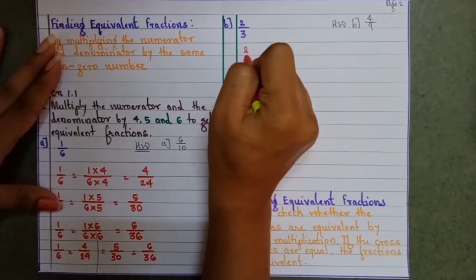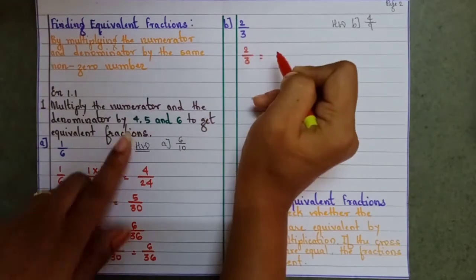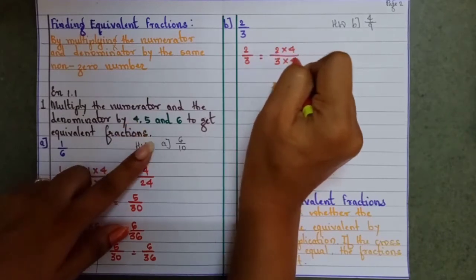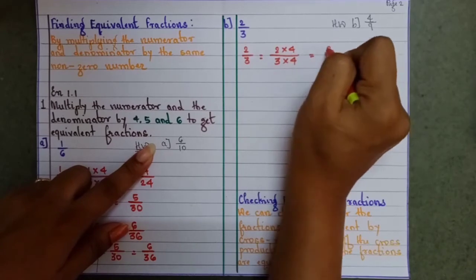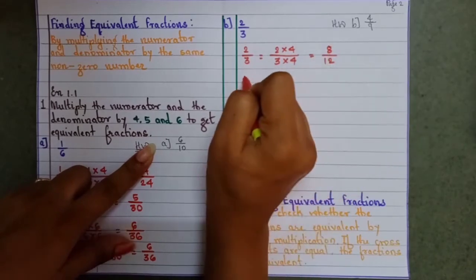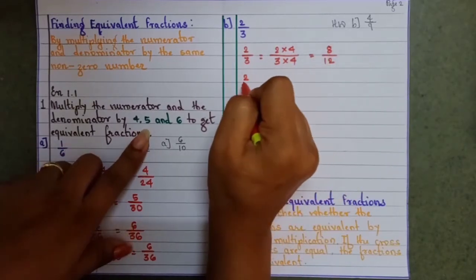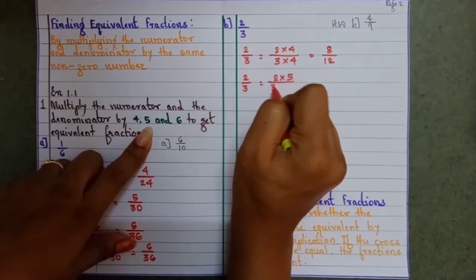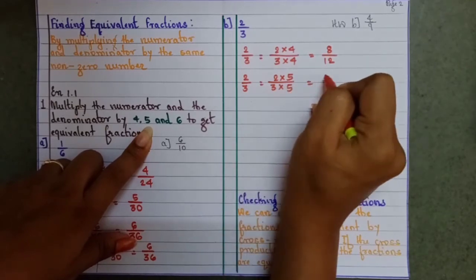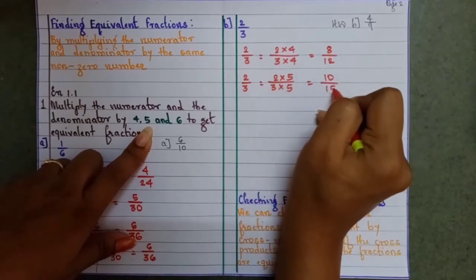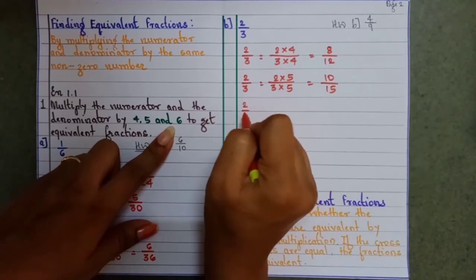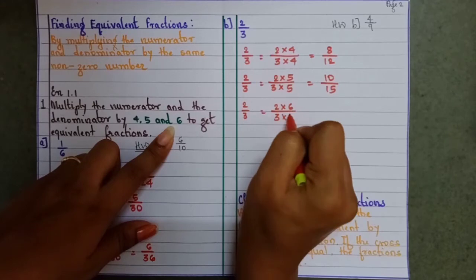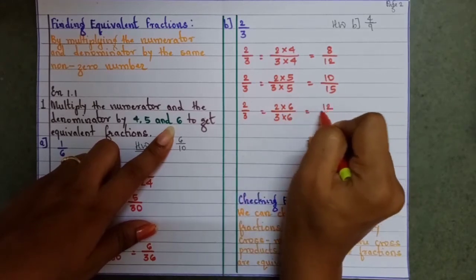Okay, so multiply 2 by 3 by 4 first. 2 into 4 upon 3 into 4. 2 4s are 8, 3 4s are 12. Again, let's multiply 2 by 3 by 5. 2 into 5, 3 into 5. 5 2s are 10, 5 3s are 15. Let's multiply 2 by 3 by 6. 2 into 6 upon 3 into 6. 6 2s are 12. 6 3s are